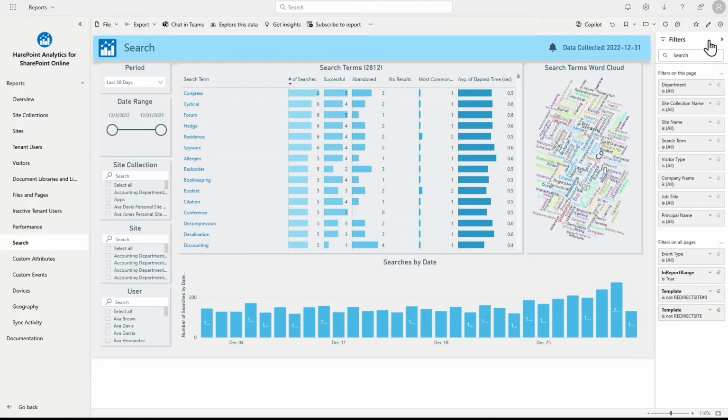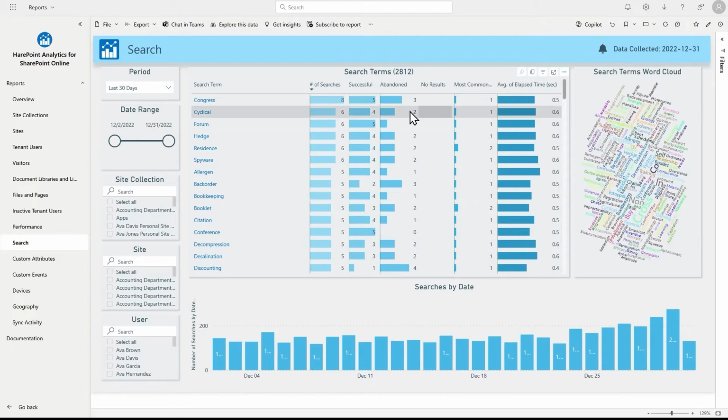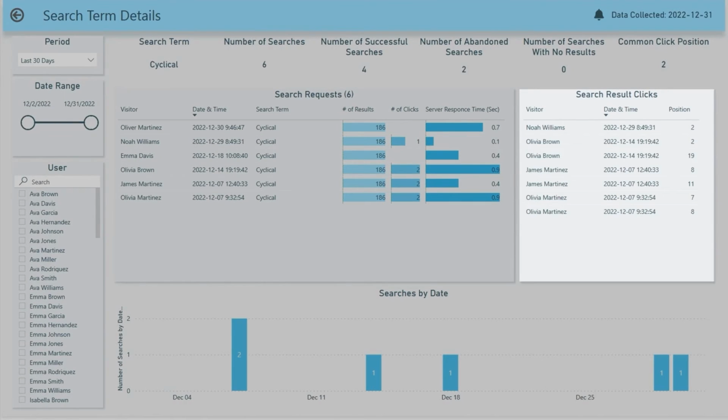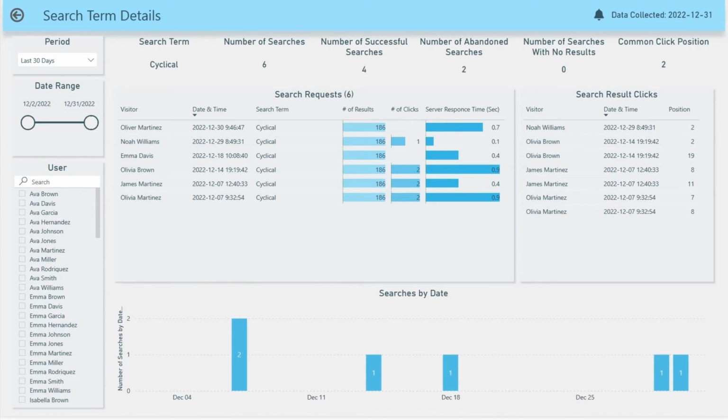As in all reports, you can obtain more detailed information using the drill through option. To do this, right-click on a search phrase, drill through, search term details. Here, we see information about each query with this term, who searched for it and when, the number of results they received, and how many clicks on those results were made. The search result ranking on the right helps you understand how well search results aligned with each user's query and intent. Let's return to the main report.